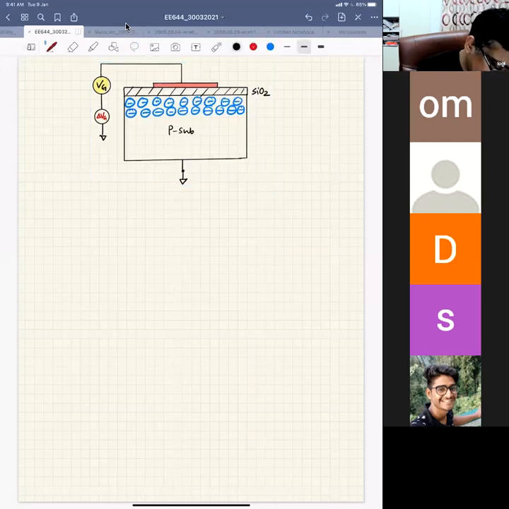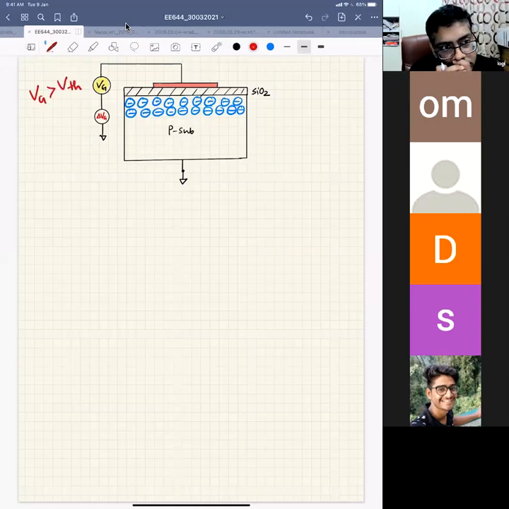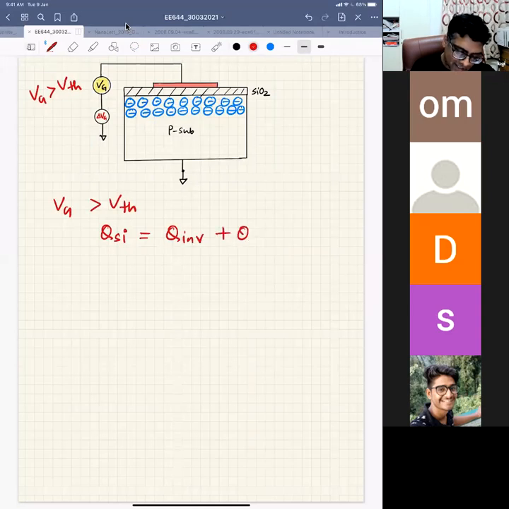So let's say in this case your Vg is greater than threshold voltage. This is very interesting, right? Because your VG is greater than VT, that means your Q silicon has inversion charge plus depletion charge, right? And we have already discussed, so your QD, so what will be your Q inversion? But your QD will be root over 2 epsilon Si q NA,